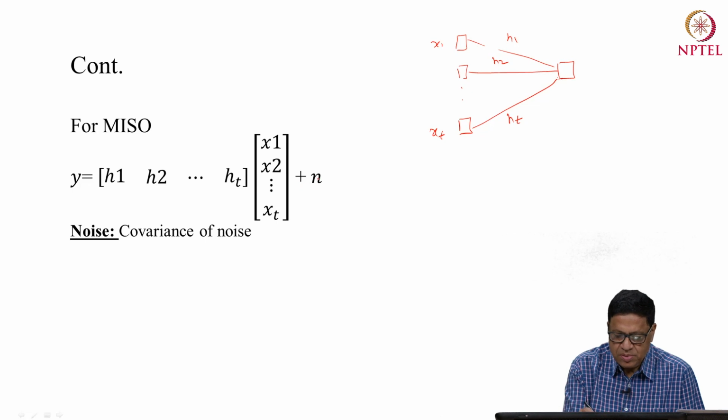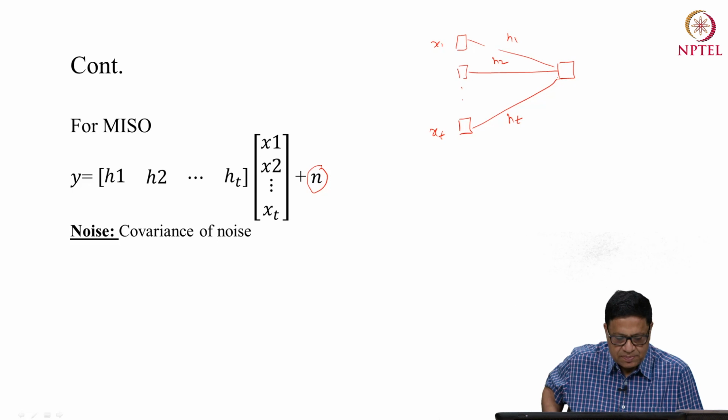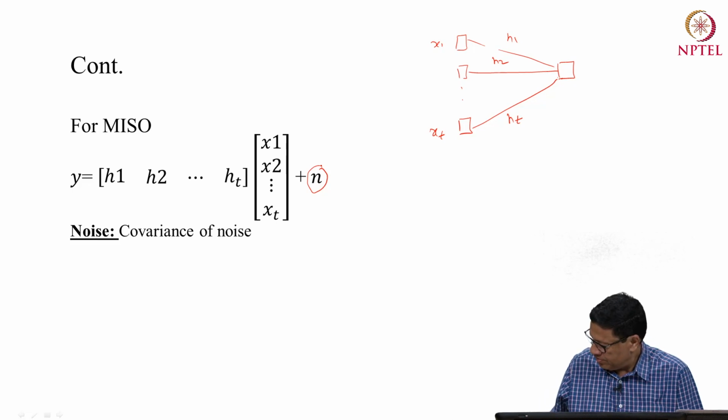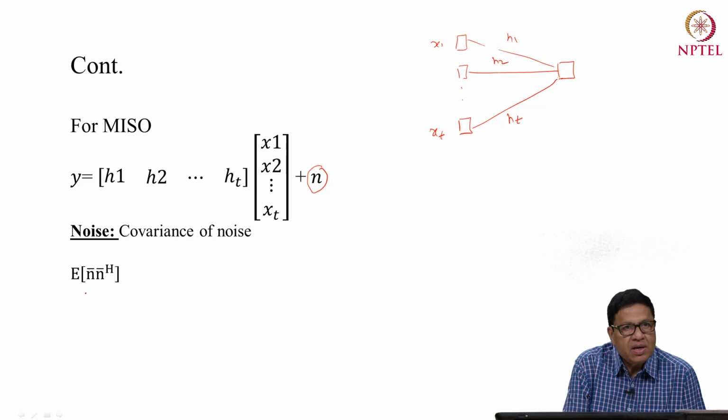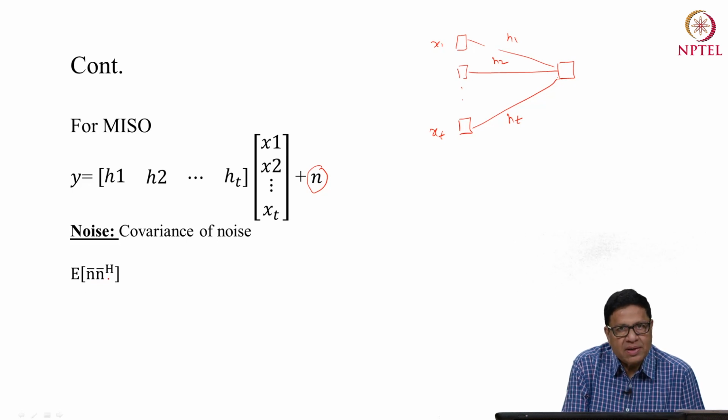Now let us also understand the behavior of noise. What kind of noise is present in the MIMO system? So let us find out the covariance of noise. For finding out the covariance of the noise, because noise is a complex random process, let us find the expected value of n into n Hermitian, where this is the Hermitian operator,